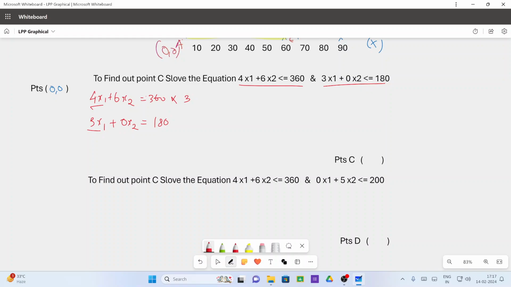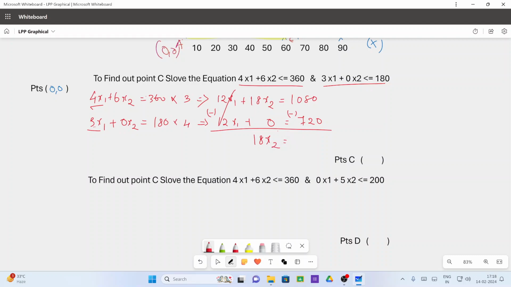So I need to do a cross multiplication of this x1 value. I need to multiply the first equation with 3 and the second equation with 4. Finally it results in 3 into 4 is 12x1 plus 18x2, which equals 1080. And this results in 12x1 plus 0, which equals 720. When I subtract these two, these two get cancelled, and this is going to be 18x2,